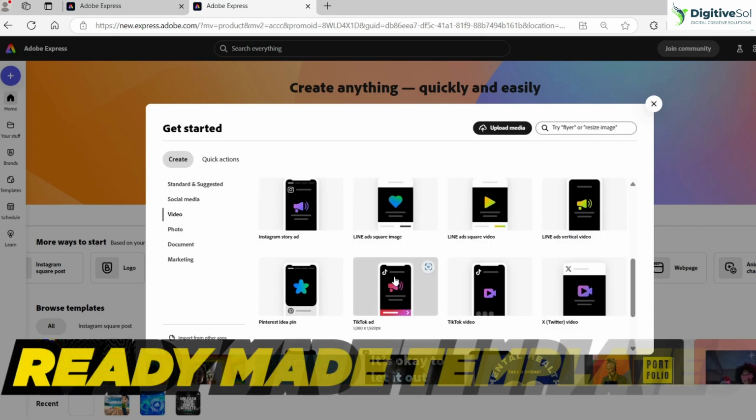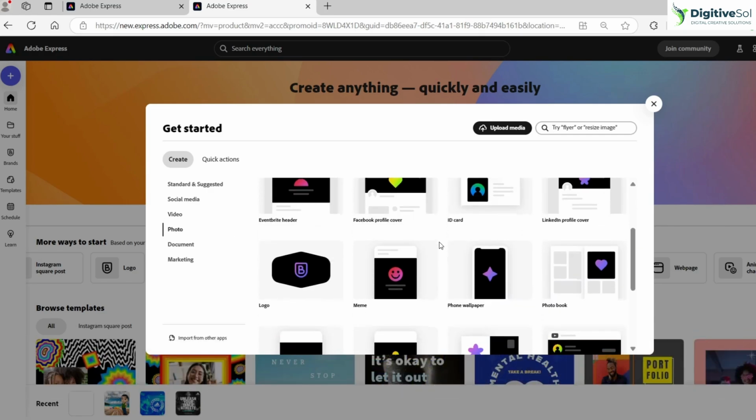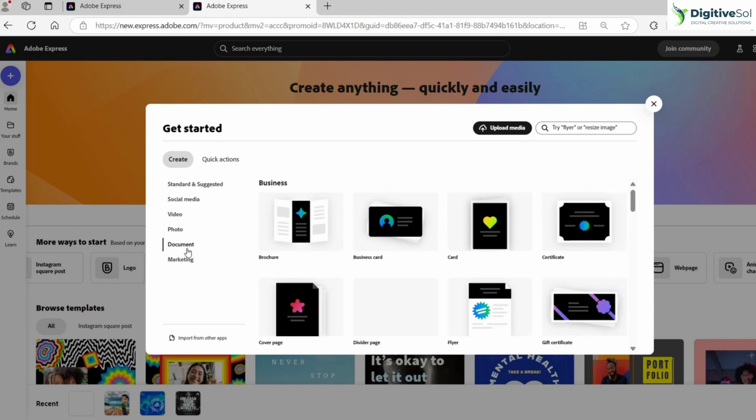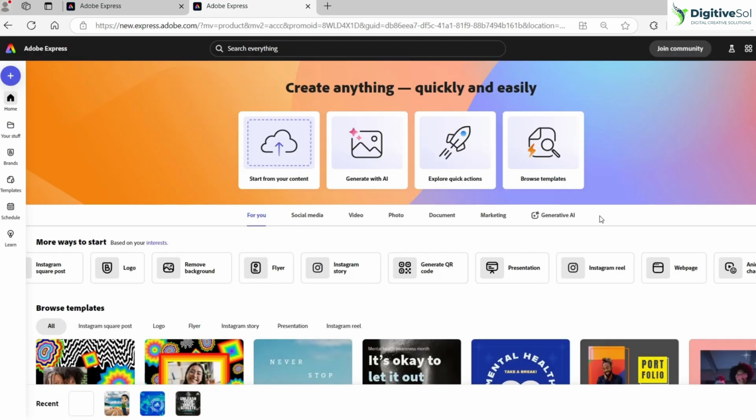We have ready-made templates for these, so we are going to have a look one by one. We won't be able to cover each and every feature in this video, but we are going to cover most of them so you can get an idea of the significance of this application. Okay, so just to get started, I'm going to create a post in which I will